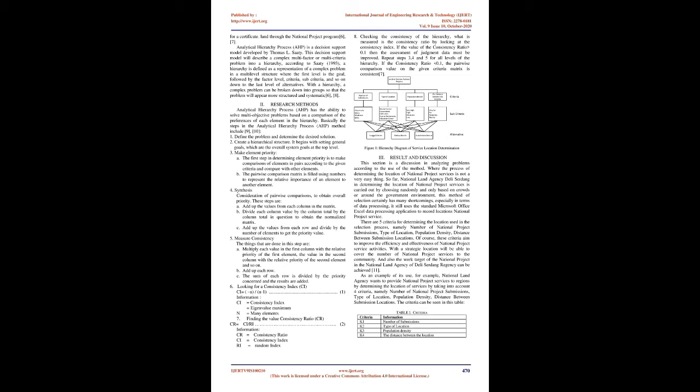Not deviating from the goal, it is necessary to make a problem boundary, namely in this study the authors determine 4 specific criteria that will be taken into consideration, namely the number of submissions, the type of regional activity, population density, and the distance between the proposed land, and does not discuss determining the decision to apply for a certificate. Land through the National Project Program.